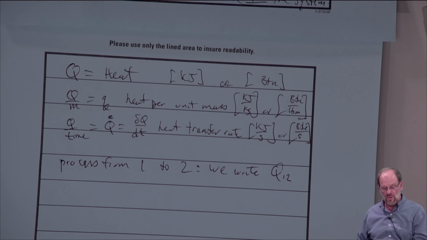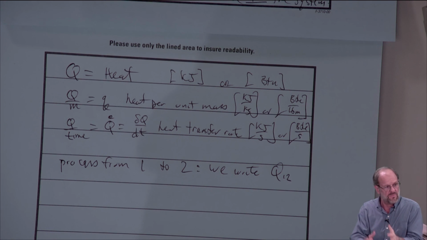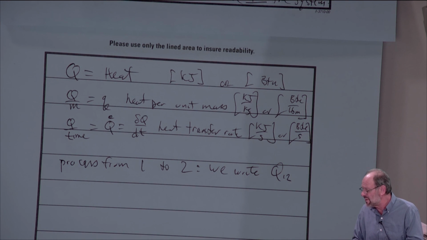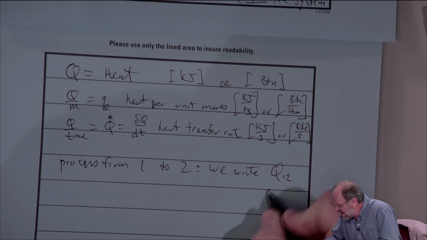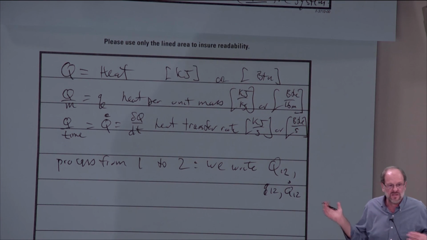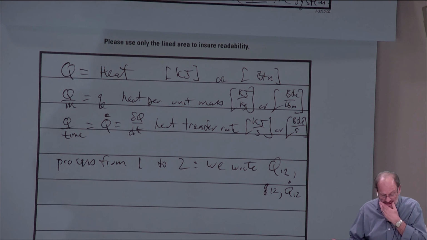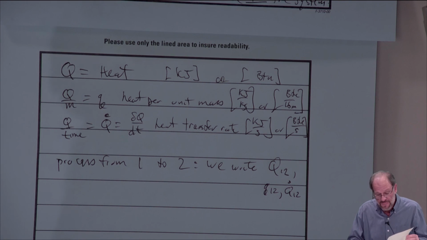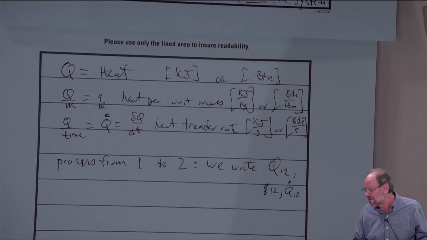So if we see Q with the subscript 1, 2, then that tells me that we've just undergone a process from state point 1 to state point 2. The subscript 1, 2 is just to remind us of the nature of that process. Similarly, we could have lowercase q 1, 2. We could have q dot 1, 2. It really just depends upon the nature of the problem as to whether we use a capital or a lowercase or a dot. But we certainly want to put subscripts on whatever problem is at hand, just to make sure that we know what process we're dealing with. Okay. So these are just some basics for, I'm sorry, for heat transfer.